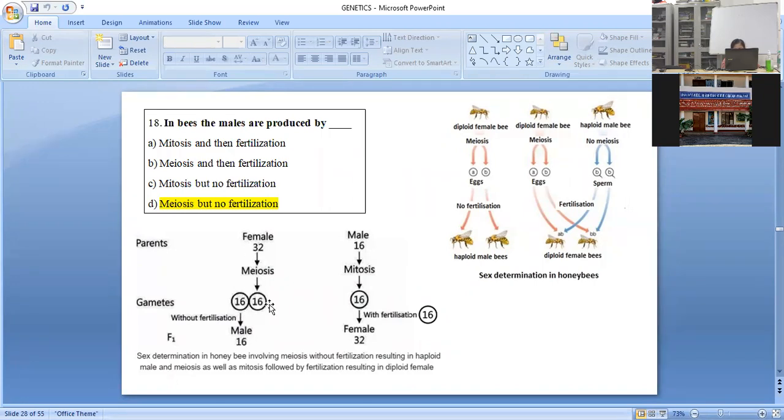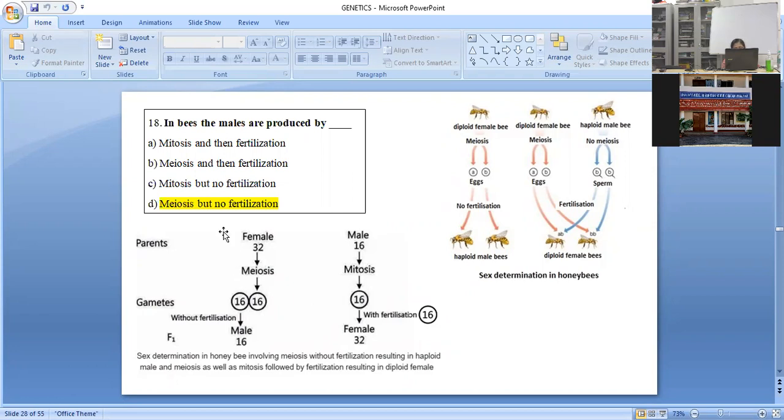Here, meiosis, haploid gametes formed, but without fertilization. So in bees, the males are produced by meiosis, but no fertilization. If females would have been asked here, in case of male, the answer would have been mitosis, but no fertilization. Because in case of bees, again, male produces 16 chromosomes by mitosis, and with fertilization with